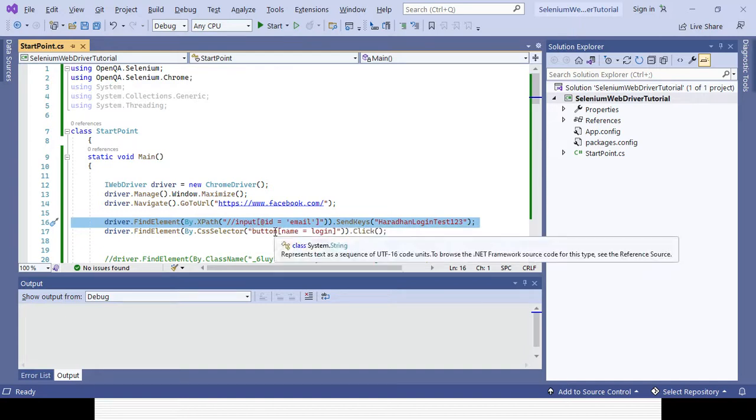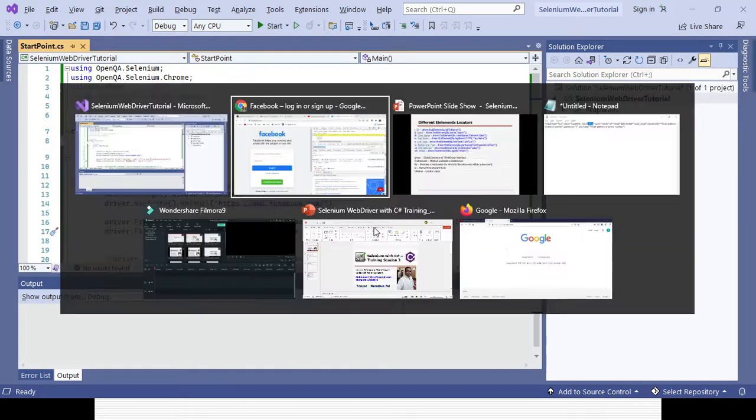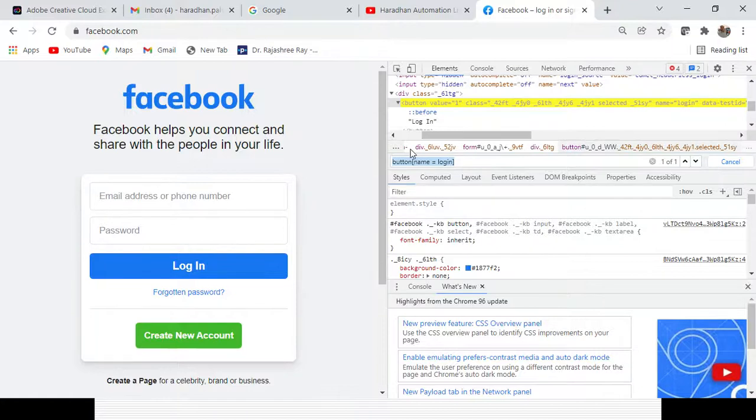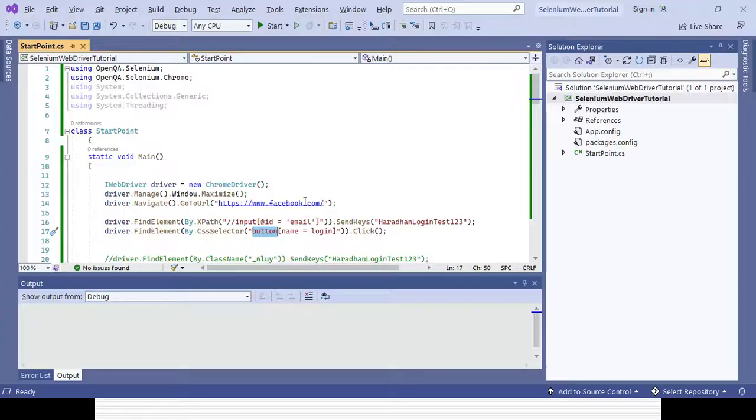Similarly for the CSS field or CSS selector field, for the login button I have also changed it. So that's why I have created the CSS selector. So this is the tag name is the button, and then attribute name equal to login. So that's why I am creating the CSS selector for the login button. And so I have created both ways. But sometimes default should work. You no need to worry. In case it is not working, you have to create your own customized XPath or CSS selector.